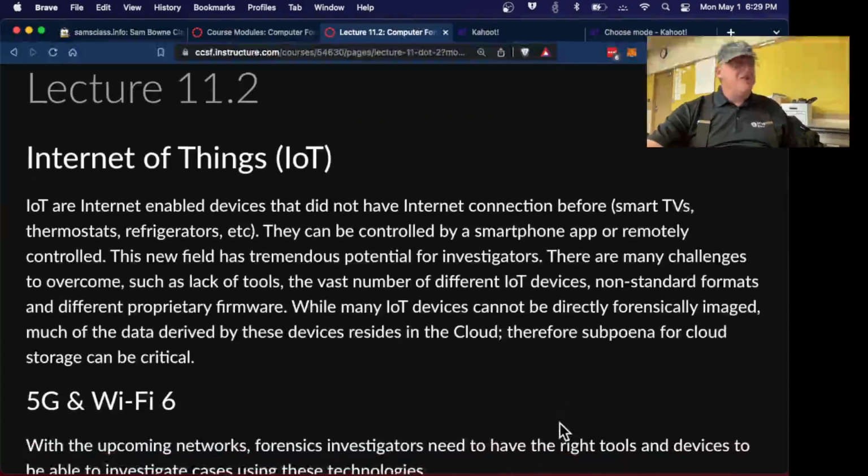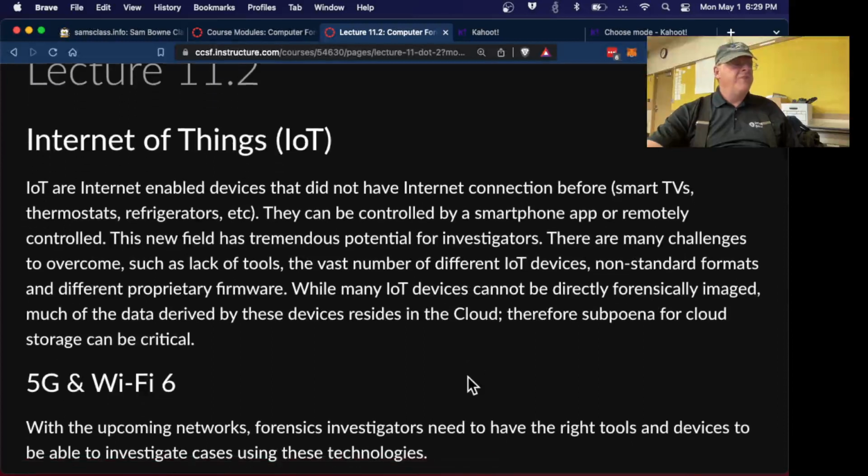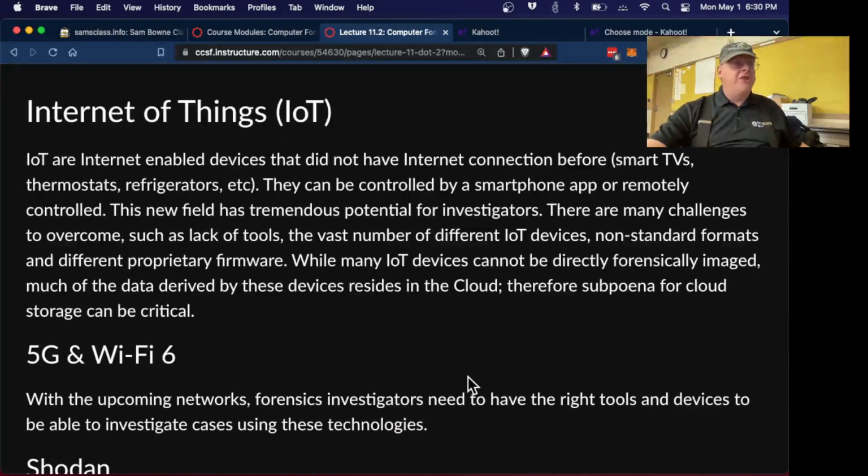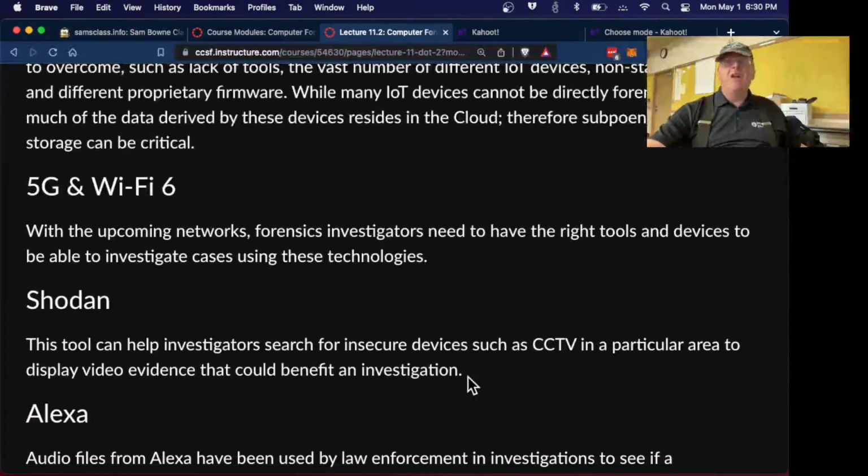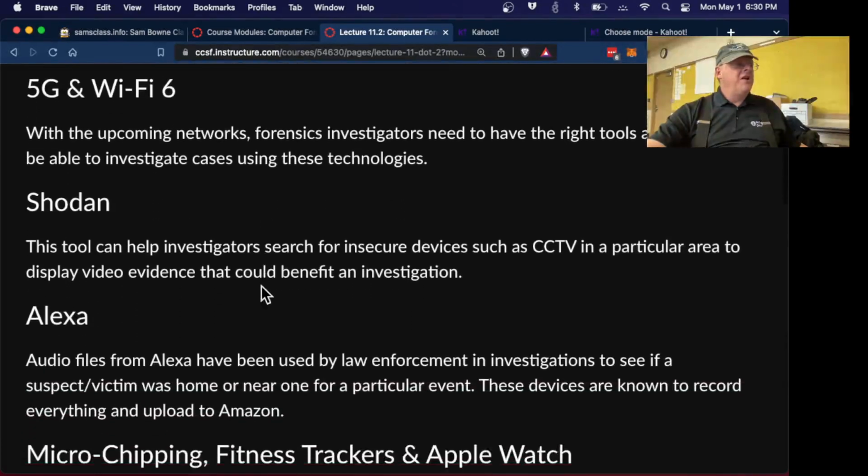Anyway, so then there's the Internet of Things, all these other devices that now everything is smart these days, your refrigerator, your light bulbs, your car, just everything's on the bloody Internet. And therefore, there's tons of data on all that stuff. And it's relatively hard to get off, of course, because they don't have unified operating systems or plugs or anything. So everything got Wi-Fi, 5G, and Wi-Fi 6 going out.